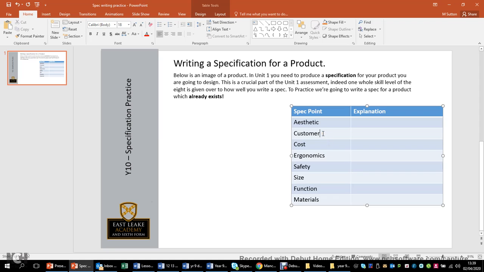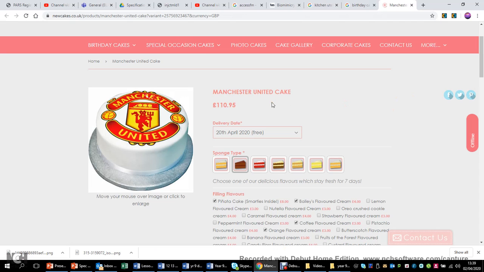The customer, well, how many people? How many people are going to have it? And I wanted an extra large cake because I've got 12 people to feed. The cost, well, let's have a look at the cost. £110.95. It's a very expensive cake. But if I was feeding that amount of people, blimey, I mean, that's nearly £10 a